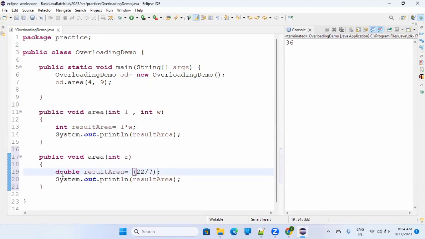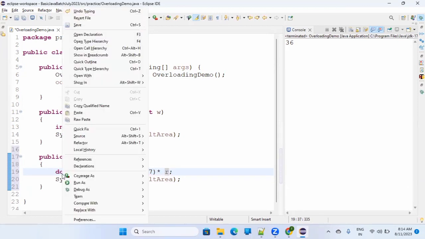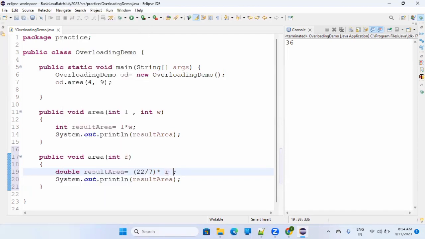The exact value is 22 by 7. Pi r square into r into... so multiplied by r and multiplied by r again. So that will become pi r square, correct? And the same thing. Now, there is no confusion